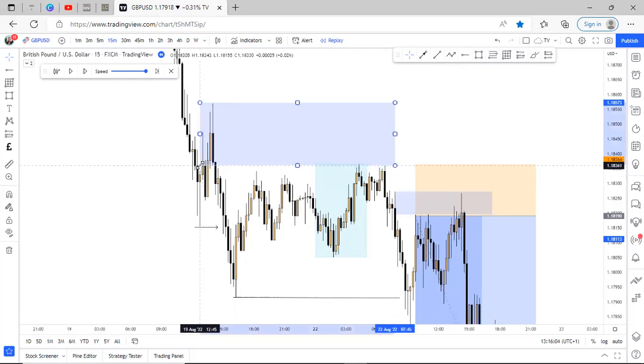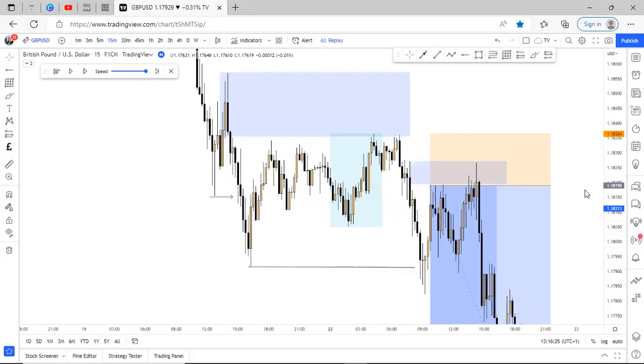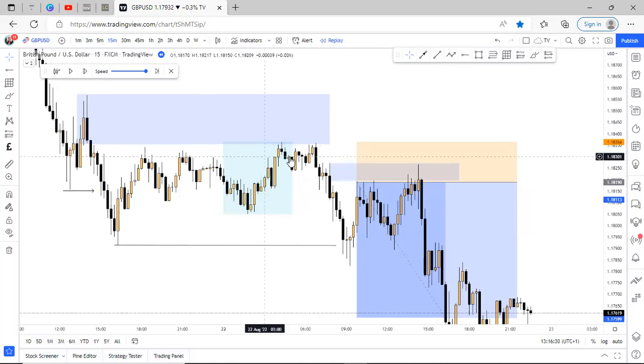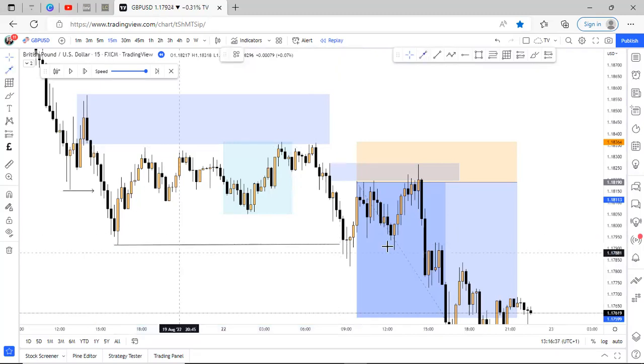Sometimes just at the entry of the, just at the close of the supply zone, we might have that mitigation, and sometimes at the 50%, and sometimes even price may push deep into the supply zone, or the order block that you have right there. So on Monday, price after the Asian session, we have all of these price action. We had a break of structure right there. Price broke below this low, and